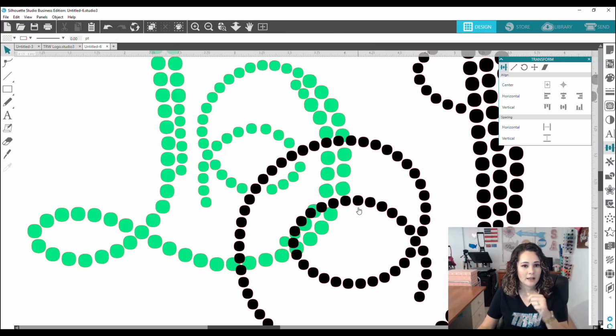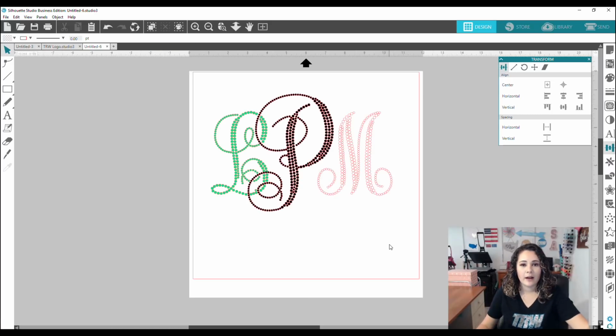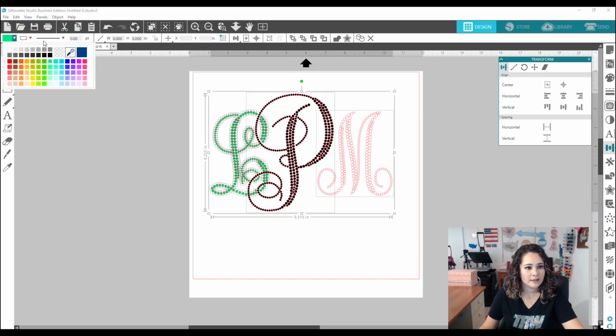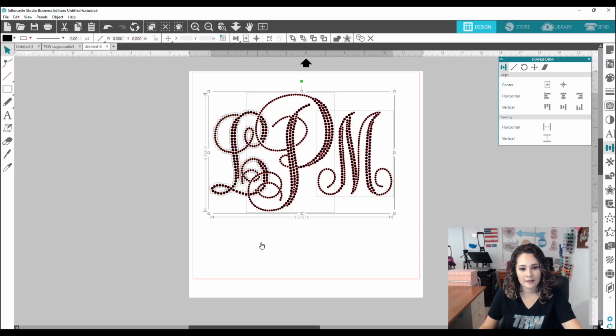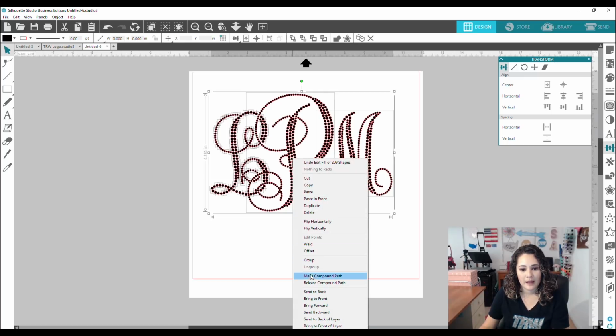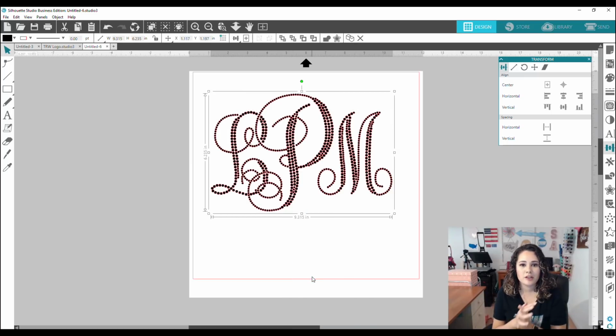All right, so I'm going to finish editing this one up, and then I will be back to show you what it looks like. All right, so I have gotten rid of all of my overlapping stones. I'm going to take my whole design. Let's just color this in black so we can see it. I think it looks pretty cute. And then I'm going to right click, make compound path. So one big shape, lots of dots, and then I'm all set to go. I'm going to set this up, do my weed box around it, and then I will be ready to cut this